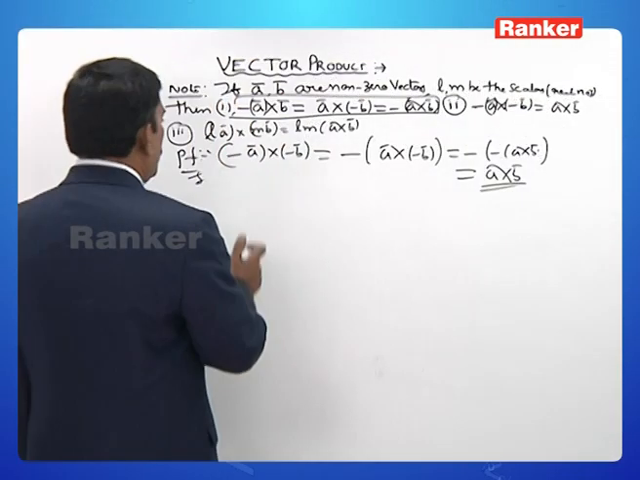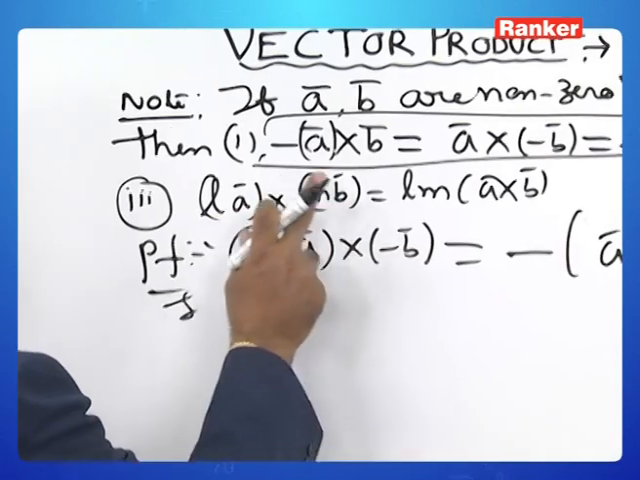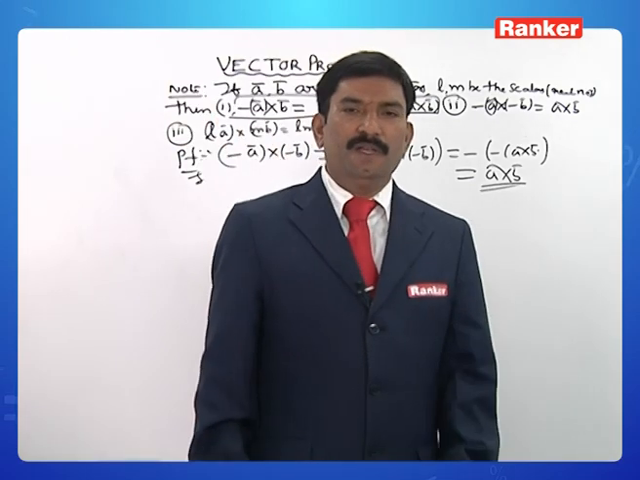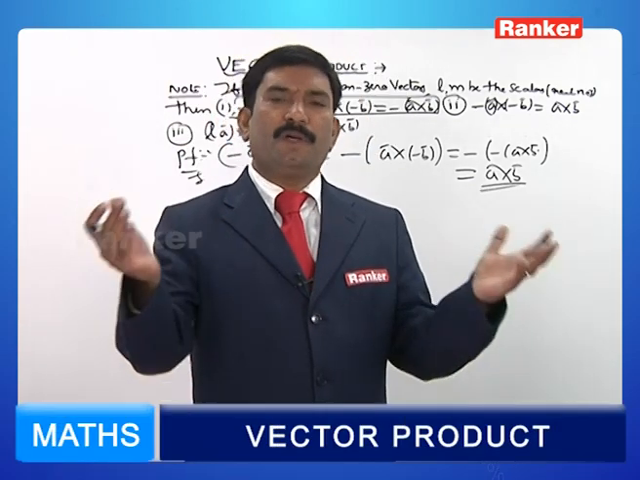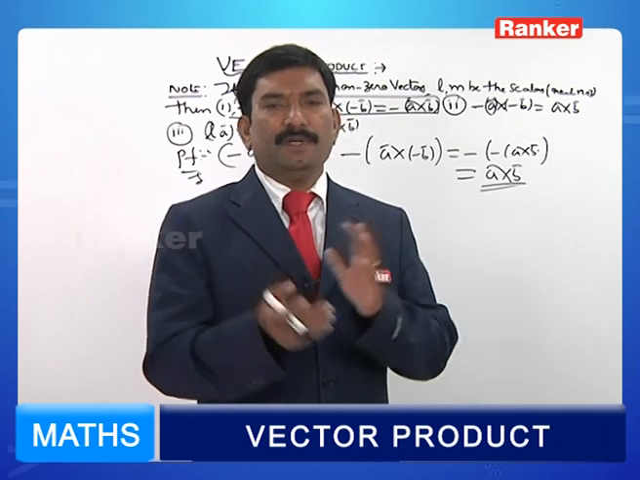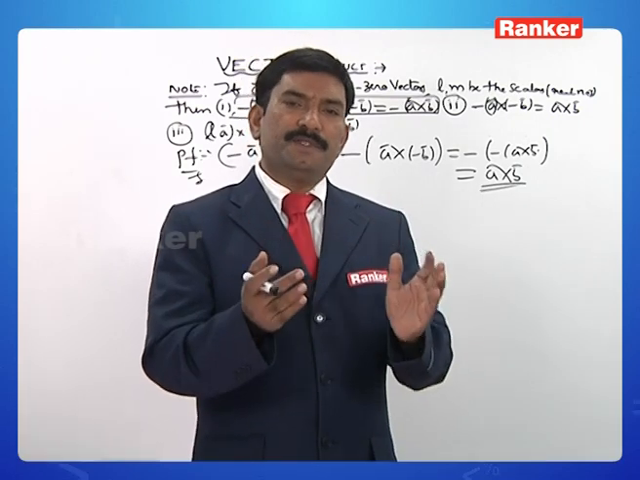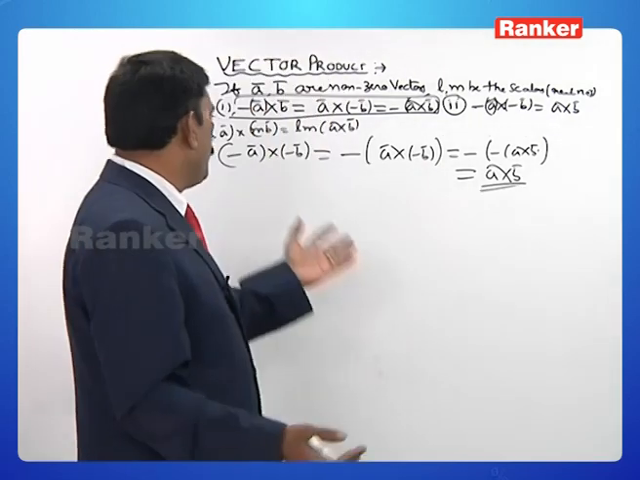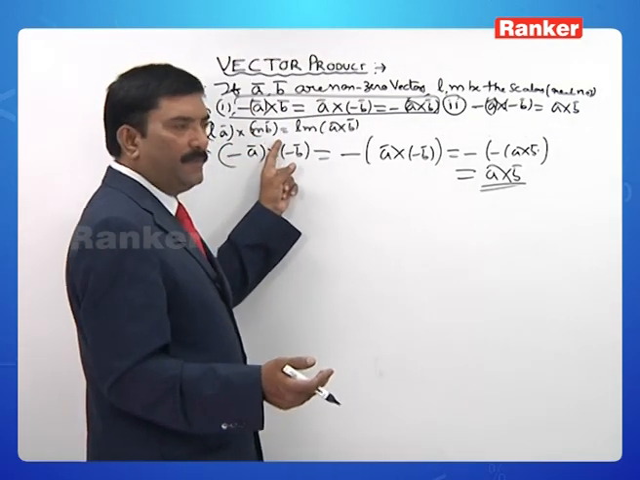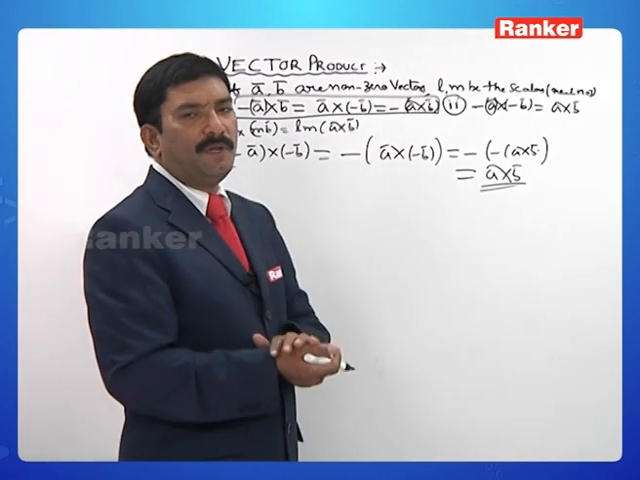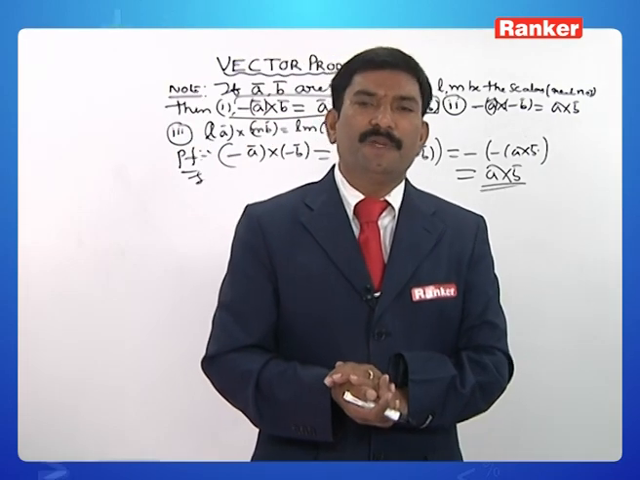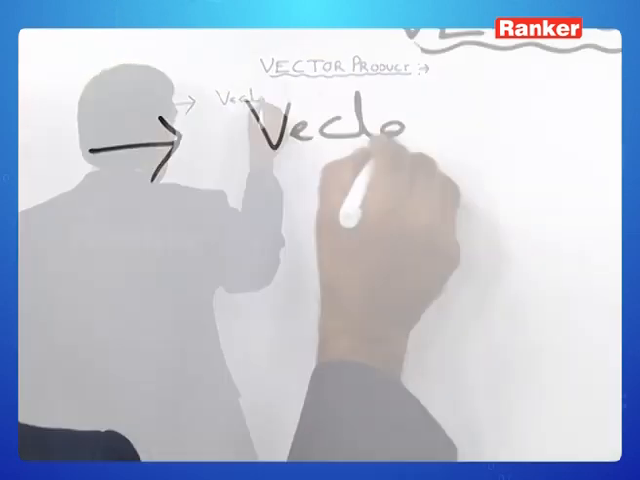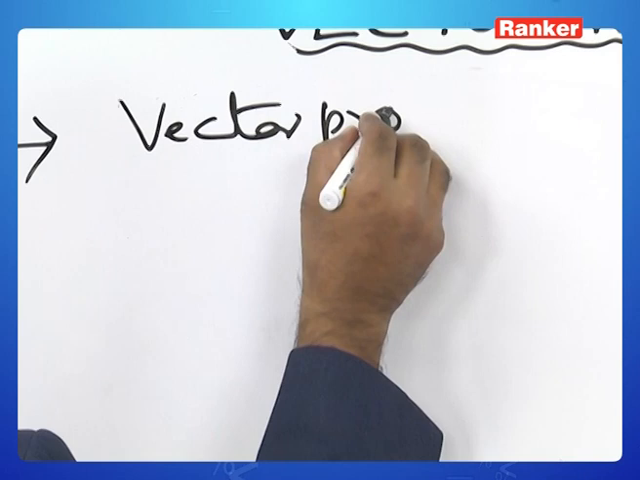In the same fashion, we can go for l a bar cross m b bar is equal to lm into a cross b, when l and m both are positive. When l is negative, m is positive, or l is positive, m is negative, or when both are negative, we can prove l a bar cross m b bar is equal to lm into a bar cross b bar. Right? Now next one is vector product